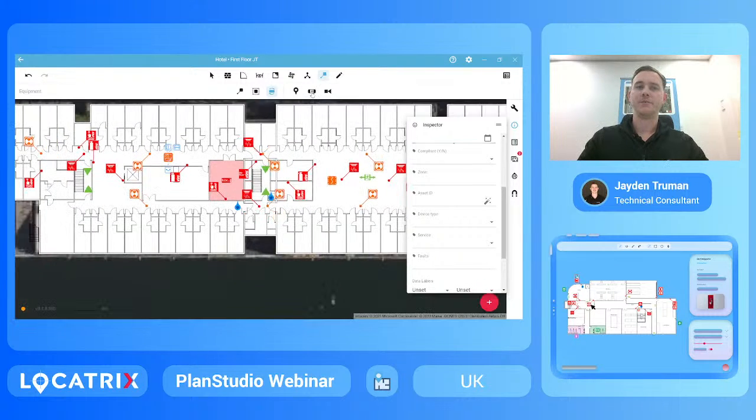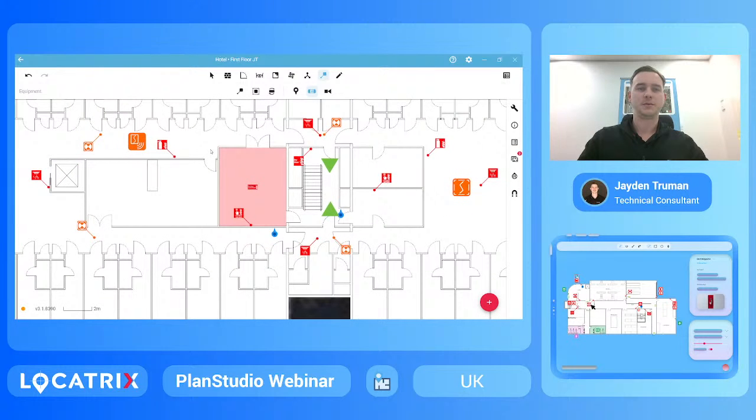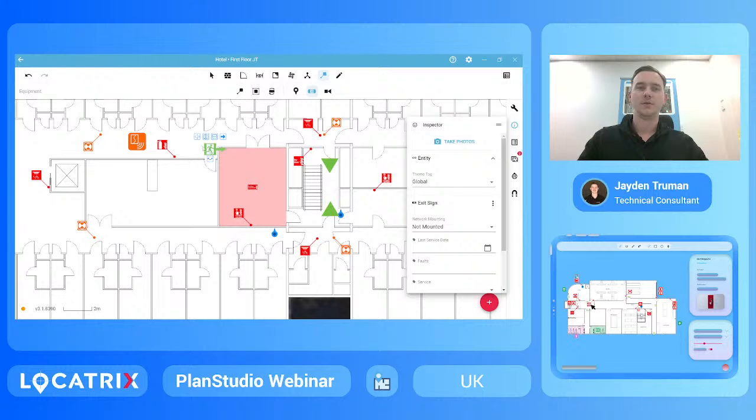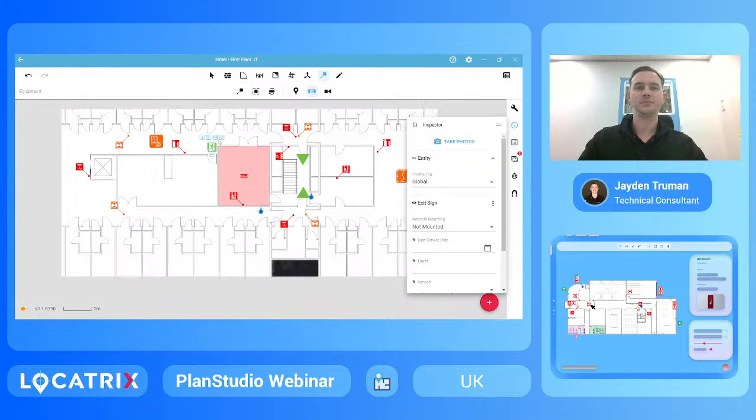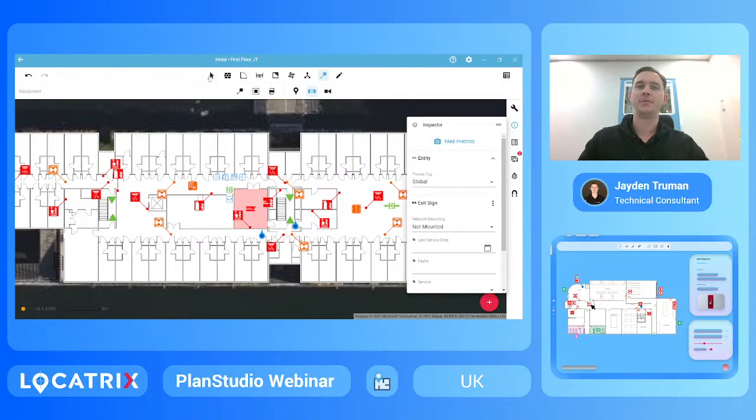Now that we've done that, we also have the ability to add in the green running man, the exit signs, just by simply clicking and placing. We have the ability to show a direction based on these arrows up here. Now, if we ever wanted to attach any data to any of the fixtures, we do have that ability as well. We come to our selection tool, and with that,